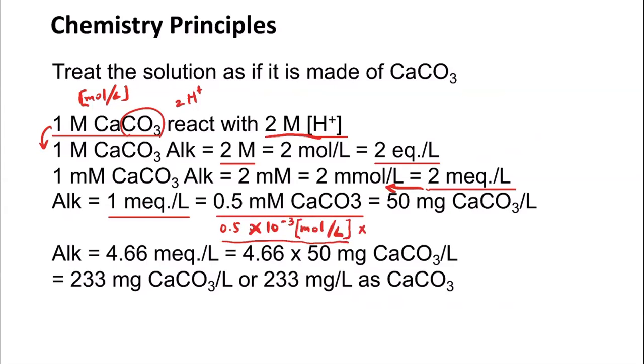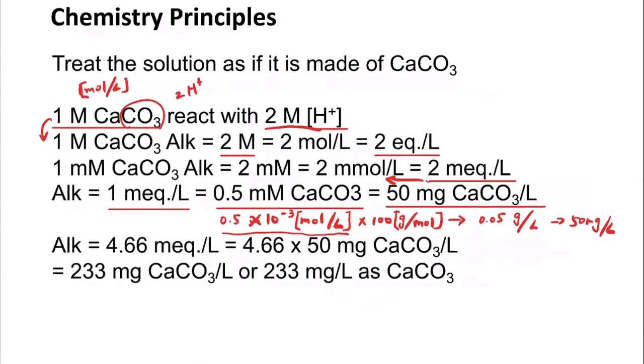Okay, so we just multiply this by 100 gram per mole, because the molecular weight of calcium carbonate is 100, right? So what you get is basically 0.05 gram per liter, okay? So 0.05 gram per liter is equal to 50 milligram per liter, right? So basically 1 milli equivalent per liter means 50 milligram of calcium carbonate per liter in terms of the